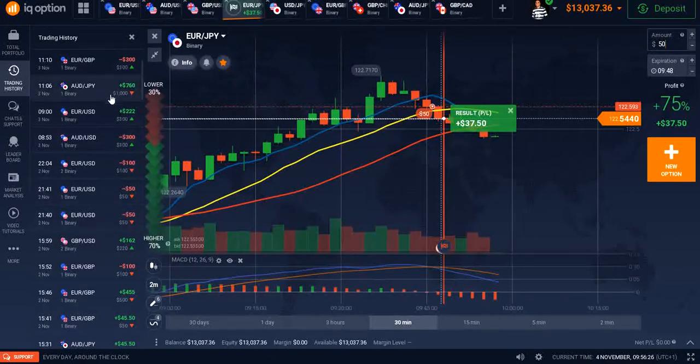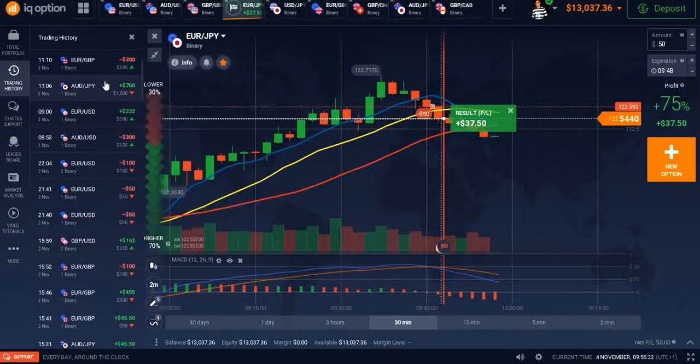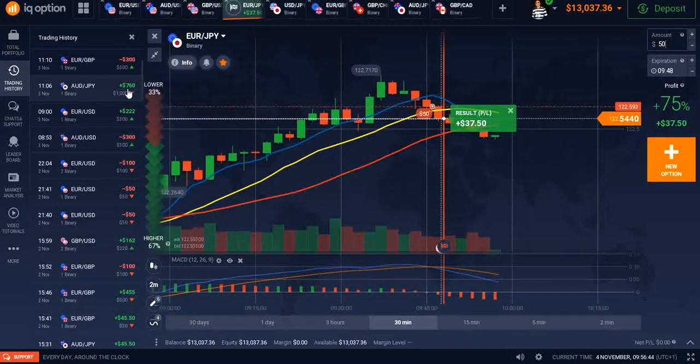Later on I saw another, you can see this one on Europe USD, then this one on Australian dollar, then Japanese yen, JPY. Then I saw another opportunity there on another strategy I'm using, the second strategy of 5 minutes. You can see I didn't even hesitate to place a 1,000 trade. I placed 1,000 there because I was very sure it would come, and that one will cover my $300